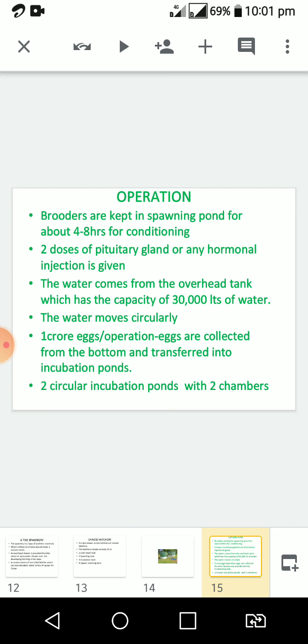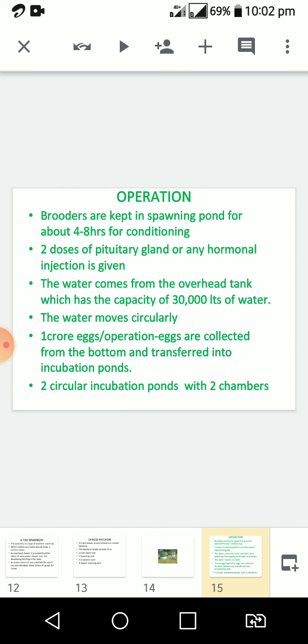So in the Chinese hatchery, the brooders are kept in the spawning pond for about 4 to 8 hours for conditioning. Two doses of pituitary gland or other hormonal injection are given. The water comes from the overhead tank, which has a capacity of 30,000 liters, and in this hatchery the water will be moved circularly,